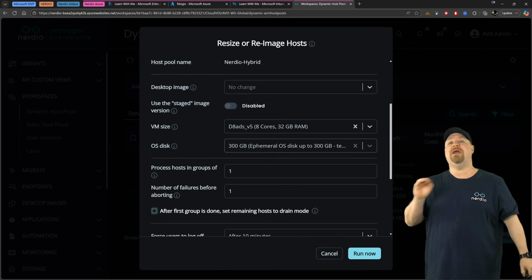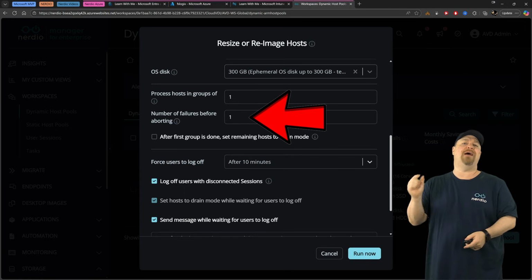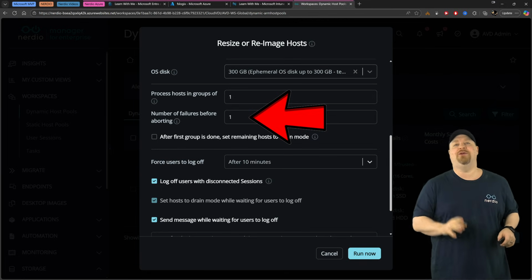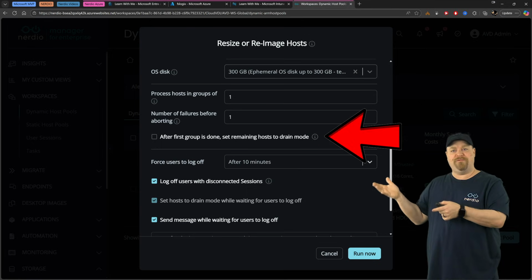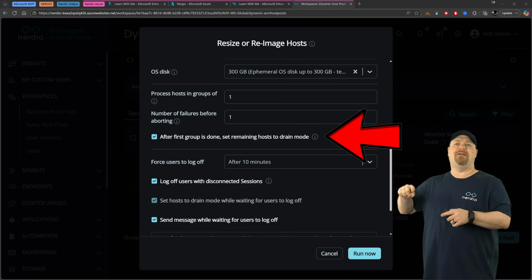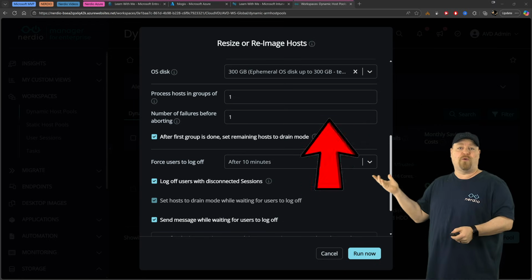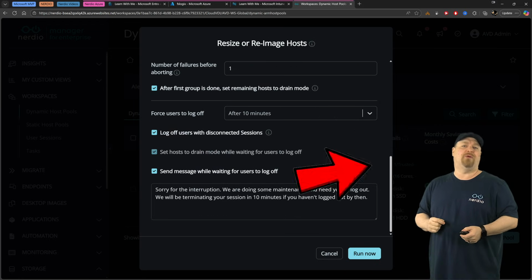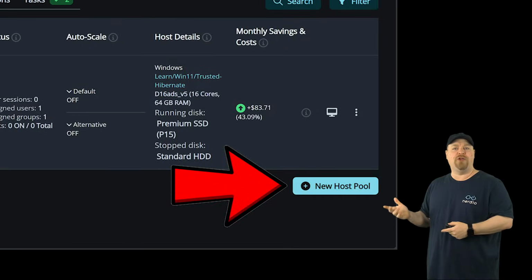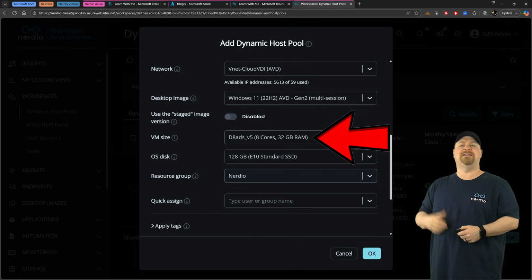Now tell us how many hosts you want to do at a time, and if we run into any kind of trouble, how many issues should happen before we just stop the whole process. And optionally, you can set it so that after your first group finishes successfully, just put all the other hosts into drain mode, which means that everyone will be forced to reconnect to ephemeral hosts. And you can also force users out if you need to. Then click Run Now. And if you want to have an ephemeral pool right from the beginning, just go to build a new one, and then for your VM size,